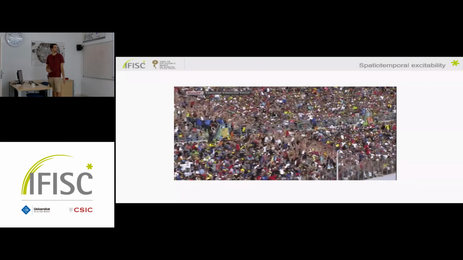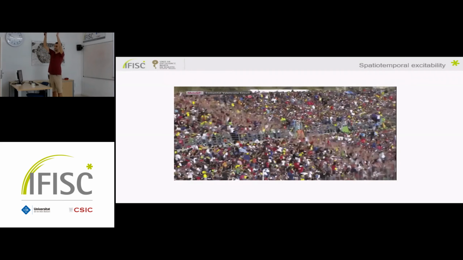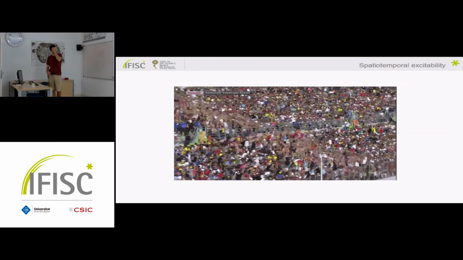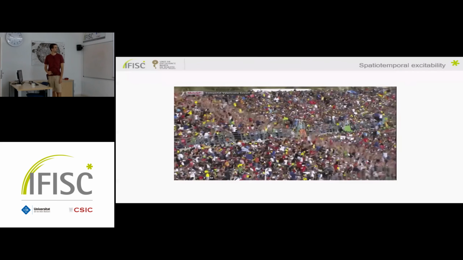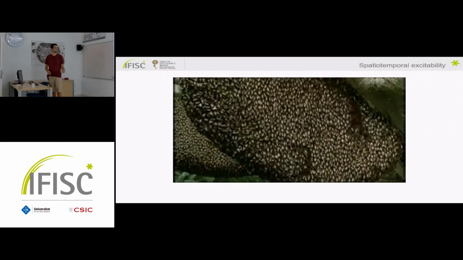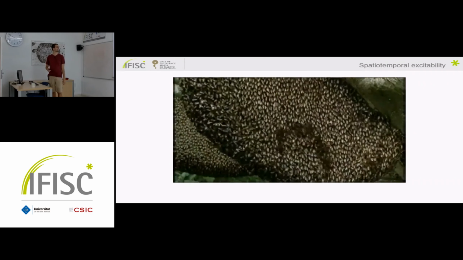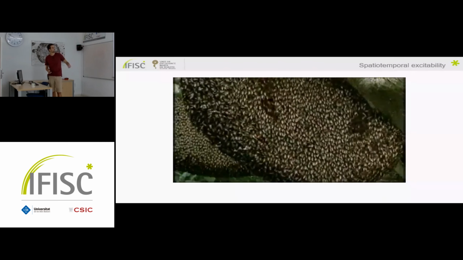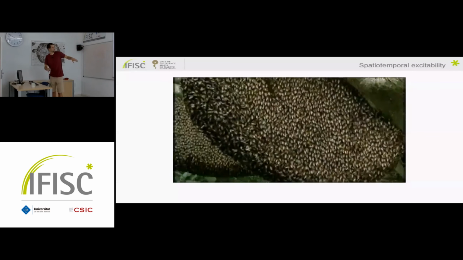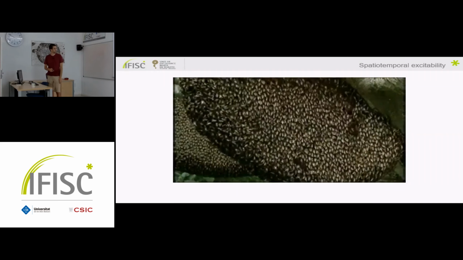This is similar to what happens in a Mexican wave in stadiums, where one person stands up and the neighbors stand up, and this propagates through the stadium. Also, the other day I found on Twitter this other example, a species of bee that creates a colony outside the nest, and they make this kind of behavior to scare predators, for example wasps. In this case, one bee pushes its abdomen up and the neighbors follow. So it's more or less the same behavior.